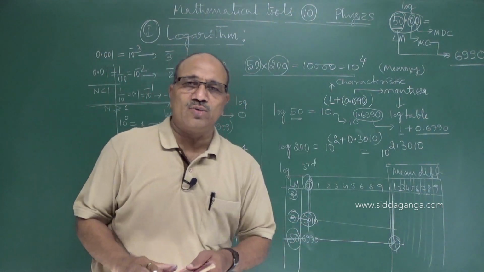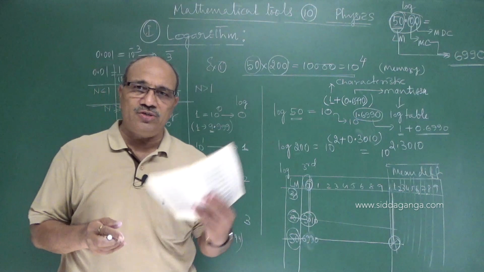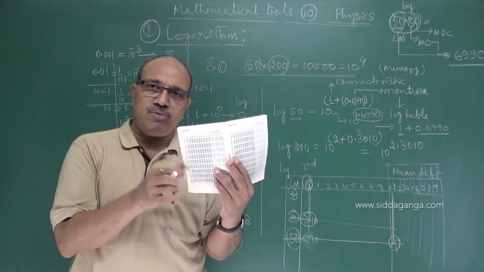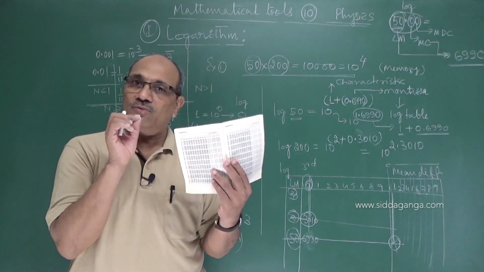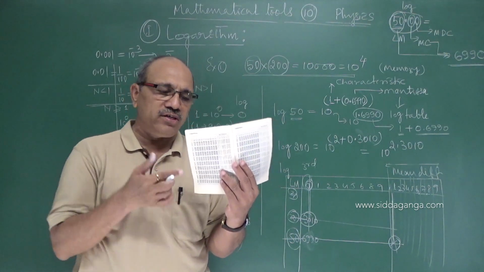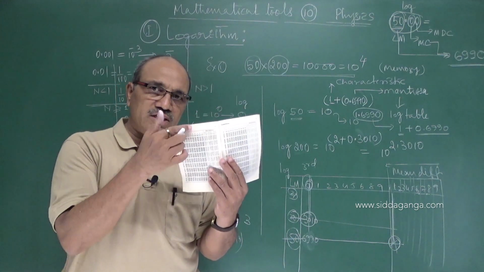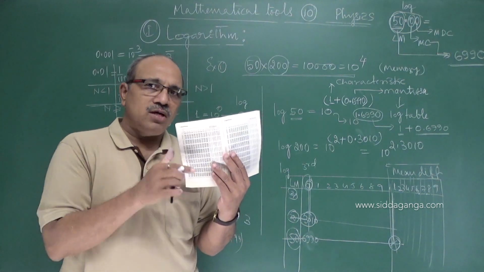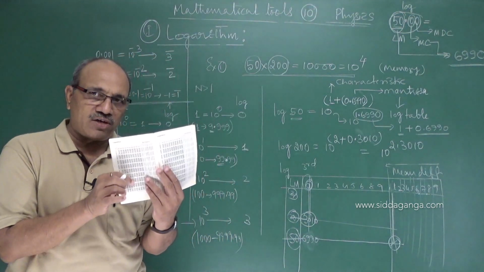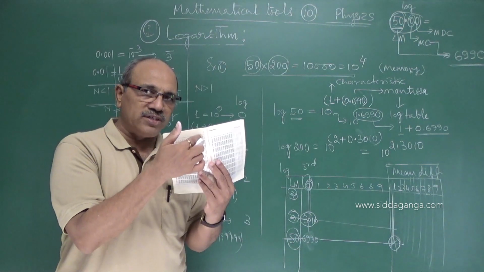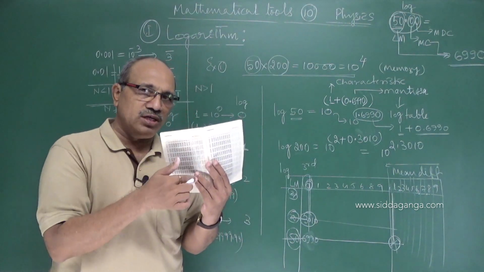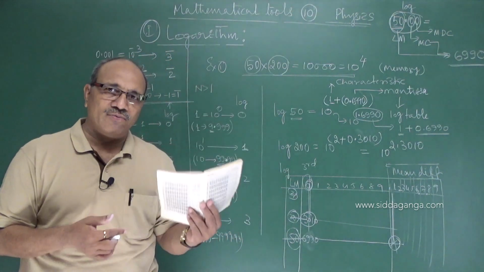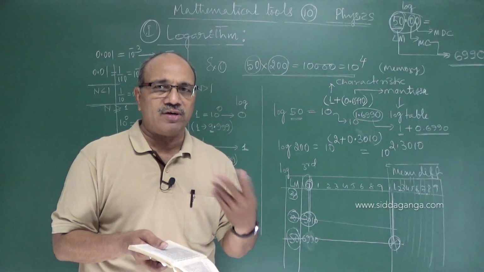I tried to explain in this video how to use this logbook to get the log value. Vertically come down, taking the first 2 digits without considering the decimal point. Reach the third digit column from the middle columns. Go laterally along the row and the intersection point gives you the value of the log. If there are 4 digits, with a mean difference column, follow again in the same row. The intersection gives you the number. That also is added to this to get the final value. When we try 2 or 3 problems, you will become acquainted with that.